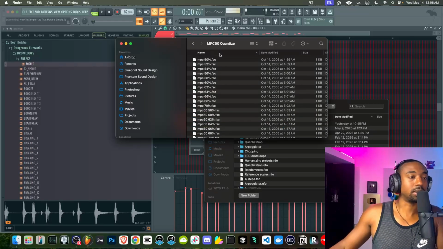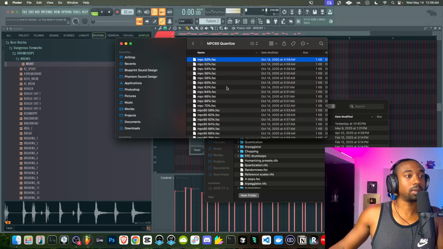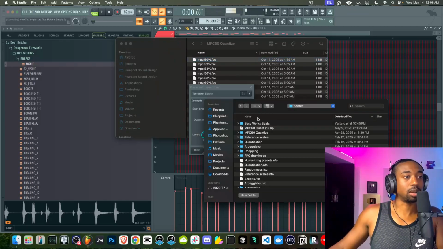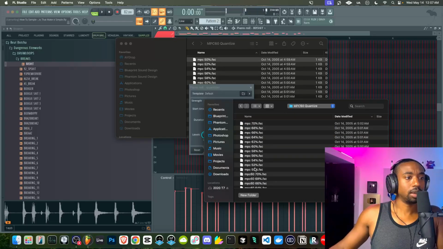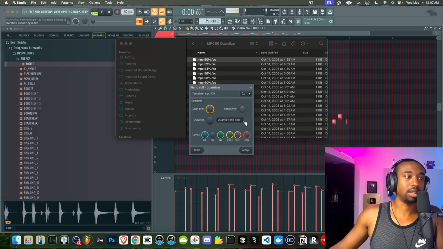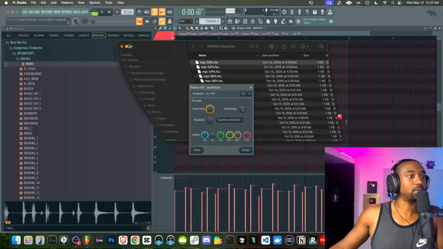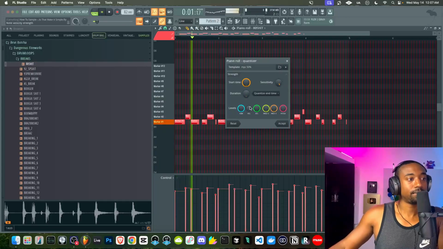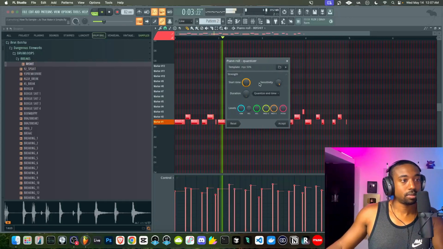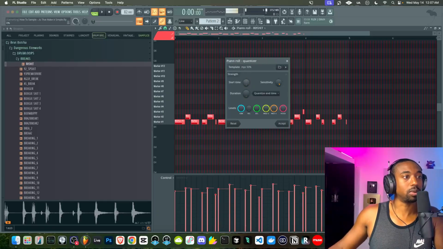So I have more details about that in my other videos, but what we're going to do is load up what's called the MPC 50% quantize. So this is not a normal quantize that you would get in FL Studio. So let's open up the MPC quantize. Now the drums don't need much touching up, but if you guys want more of that 90s vibe, you could load up the MPC quantize. And just mess with the start time, and it will nudge the notes around to lock better to this new timing grid.